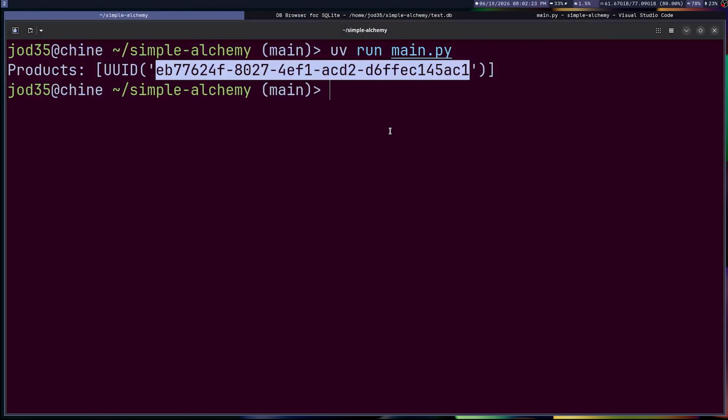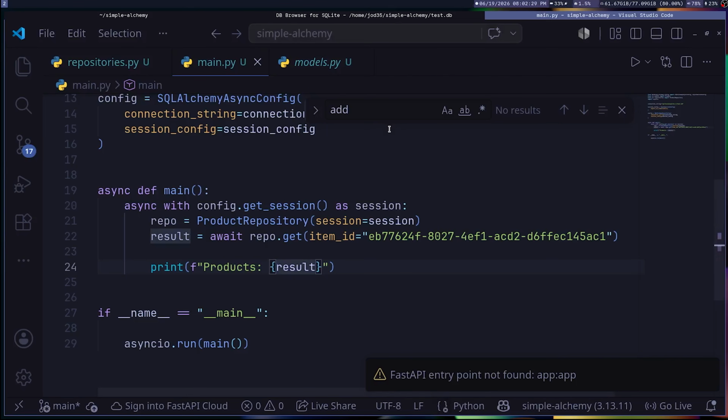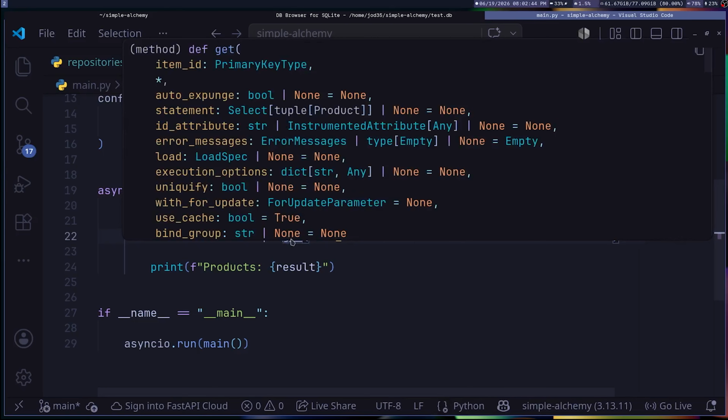And by doing this, I can go ahead and return the product with that specific ID. So that's the basic CRUD things you can perform. However, things can even get more interesting. You can list with pagination. You can do quite a lot of amazing things using any of the predefined